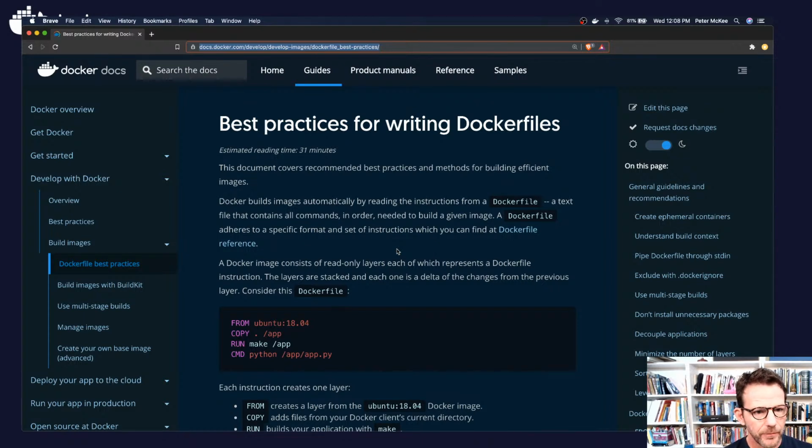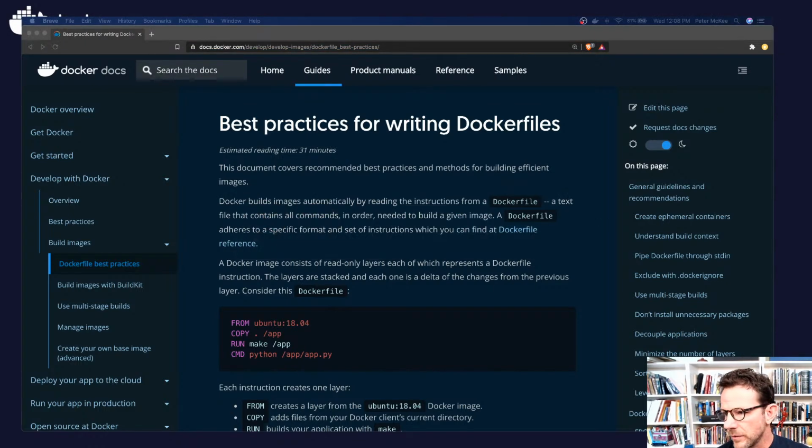Cool. So yeah, here in the Docker docs, we have a best practices document that really walks through a lot of the best practices you want to think about as you're building out your Docker files. So today I wanted to talk specifically about Node, but a lot of the things that we're going to talk about today are general to all your Docker files. So one of the first things,